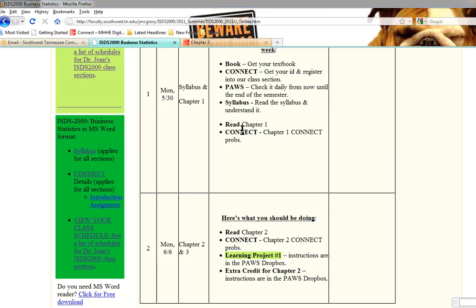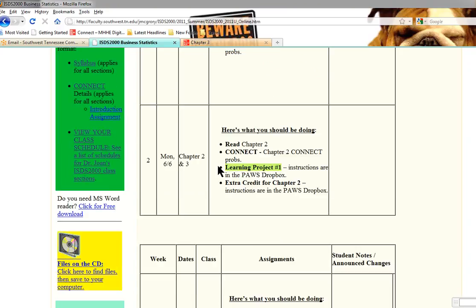Now, if you're following along with your schedule, then you know that you had a Connect assignment for the first week, and that had to do with Chapter 1, so hopefully you completed that. Many of you have got your Connect ID set up, and that's great. Week number 2, which we're concluding, you also had a Connect assignment, but there was another required assignment, which is